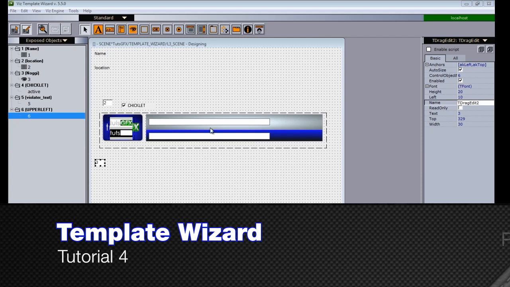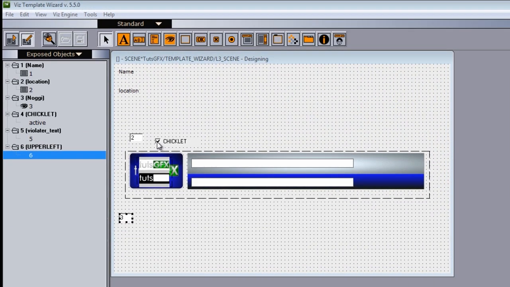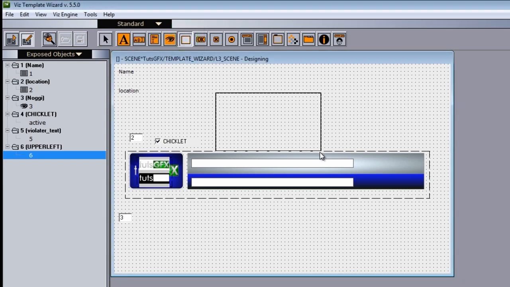So the next step of the template is to add a drop-down box so the producers can come over to this little check mark, uncheck it and turn it on or off, and also choose which one they want it to say. So to begin, I'm just going to start by creating a panel. I'm going to use a little panel box here and come into the template and just drag a little panel